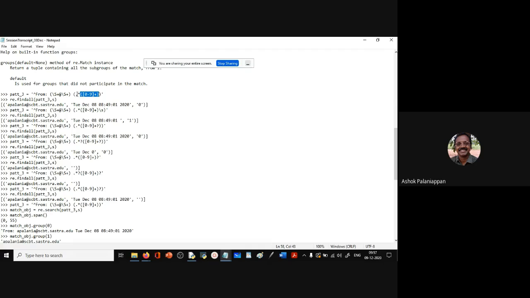The dot star is greedy, and only the last one needs to be satisfied by this match, and that happens to be the 0 in 2020, and that 0 is produced here. But that 0 is also part of the larger pattern, so the entire pattern is produced for the second group. The third group is just a 0. That is due to the greedy behavior enforced by the dot star. You're able to follow? Yes, sir.